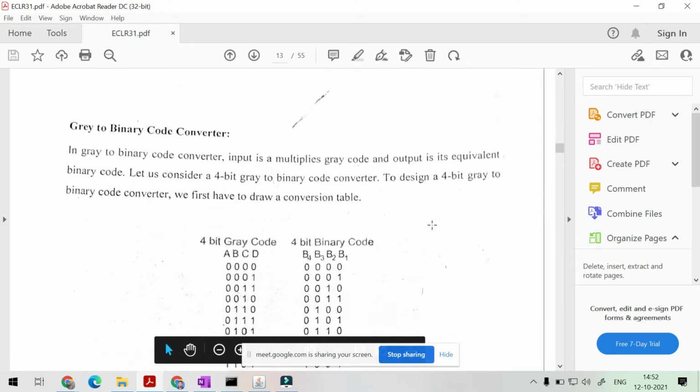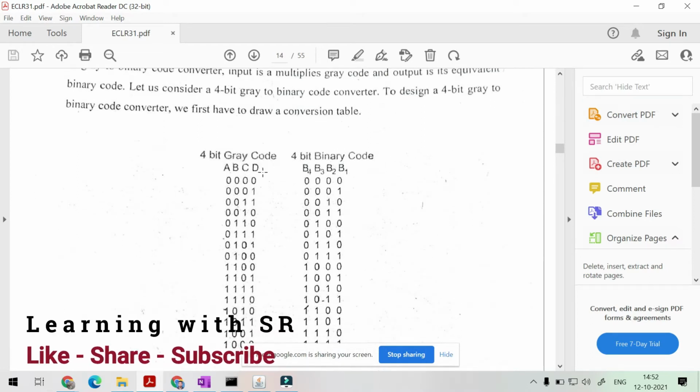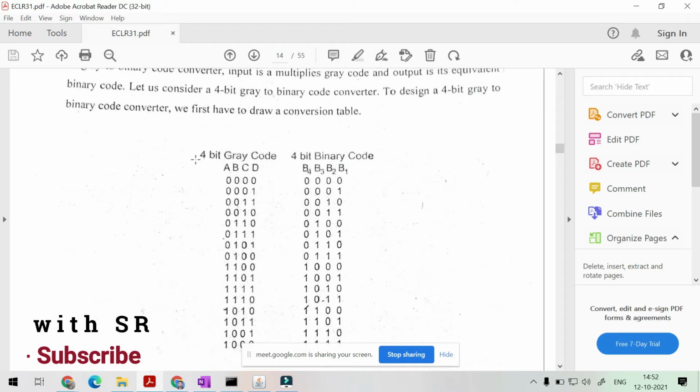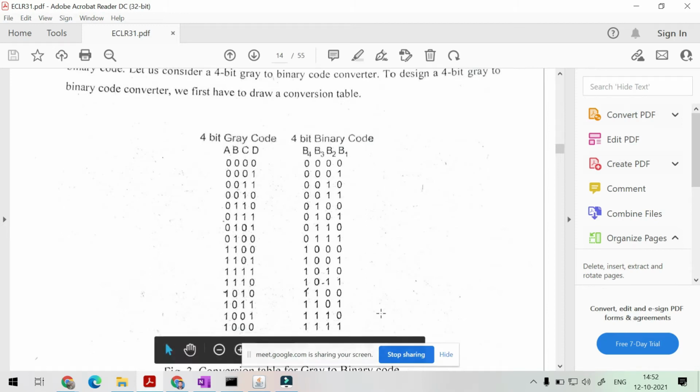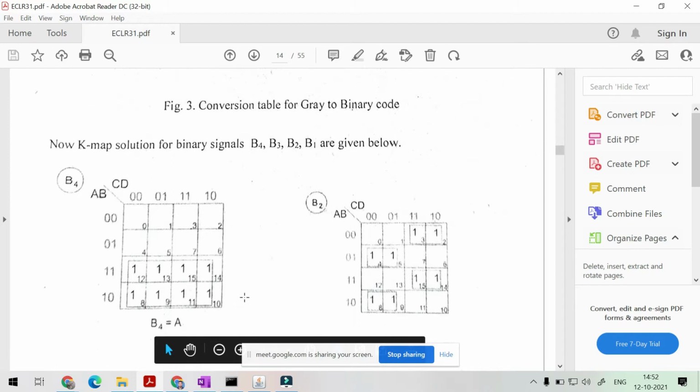For converting gray to binary, you already have a table of gray code for 0 to 15, and the same table for binary. Using K-map you can reduce the gray code values to binary, and derive B1, B2, B3 and B4.